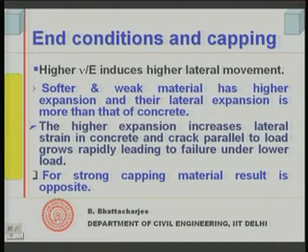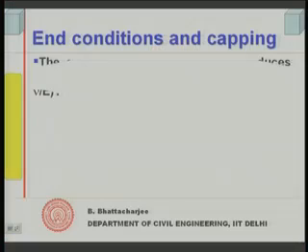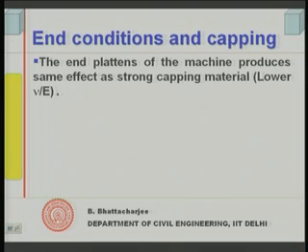In other words, if it is strong, then it will result in higher strength of concrete, higher apparent strength of concrete. So, capping materials really affect the apparent strength of concrete. High alumina cement shows the highest strength amongst the materials that we have seen. Therefore, if we use high alumina as a capping material, it shows the highest strength, which means that it is quite stiff, it has got low nu divided by E compared to all other materials like plaster of Paris, etc., and that is why we saw this variation.